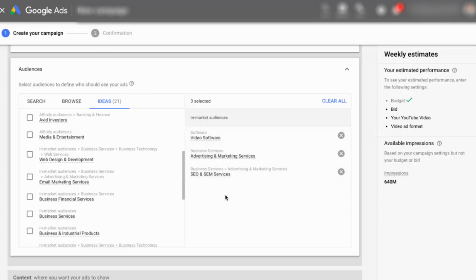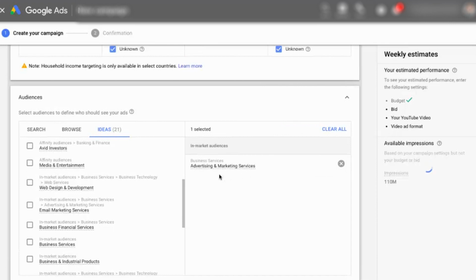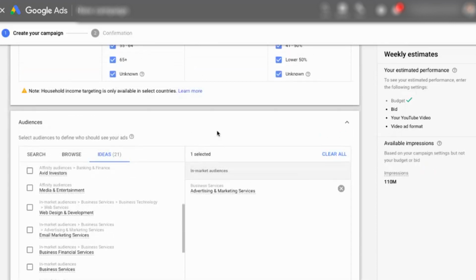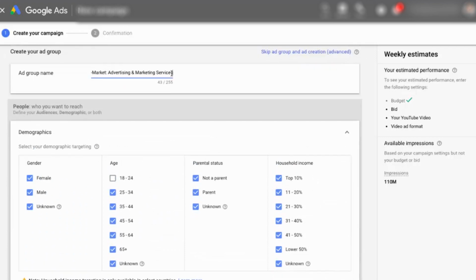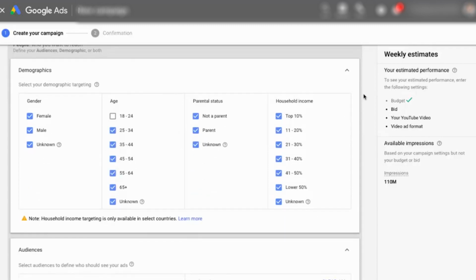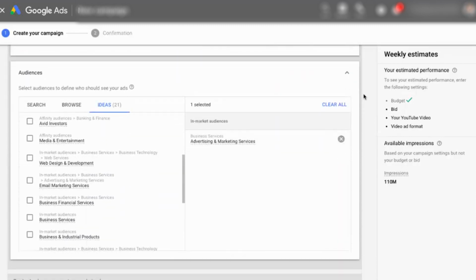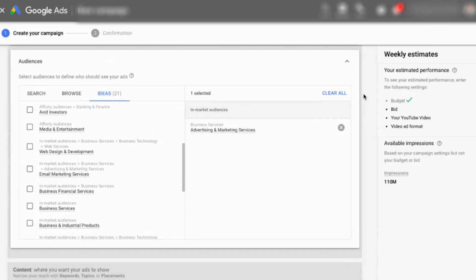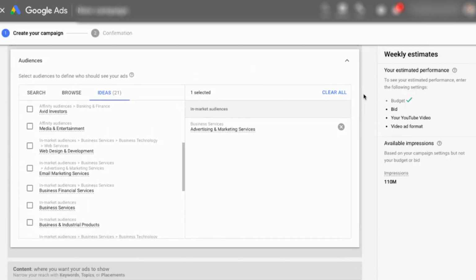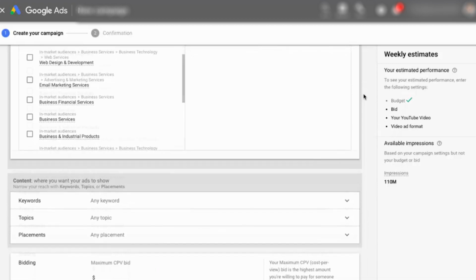So what we'd actually do is, I've clicked all of these right now, but we'd actually make one ad group for each one. So I'm going to start with advertising and marketing services here. So I'll uncheck the other 2, and we'll go make an ad group again for those other 2. And I'm going to scroll back up because I'm going to name this the actual audience that I chose. So it says in-market advertising. That way, when I'm looking at all my ad groups, I know exactly which group of people I'm targeting. So with that, I've created all of the audience targeting I need for this first ad group. So we're actually going to make 3 ad groups, and then of course do this again for a campaign.